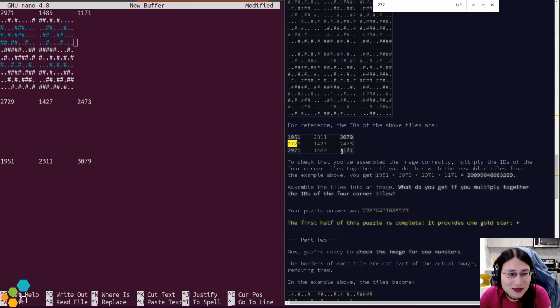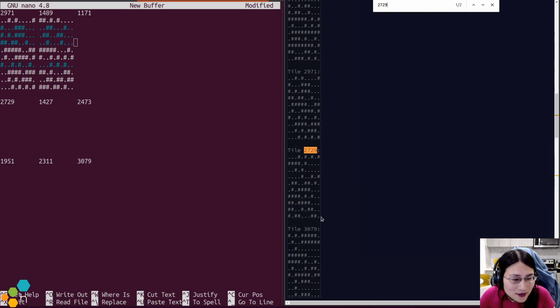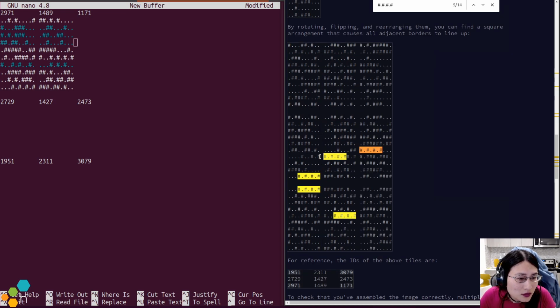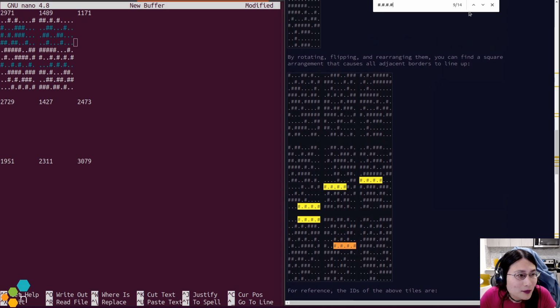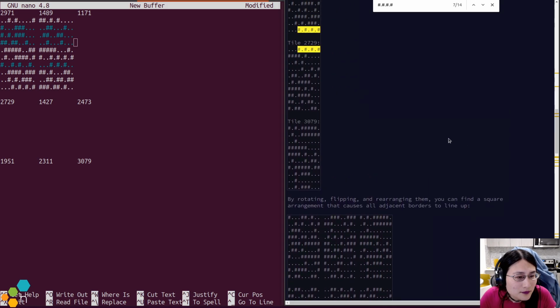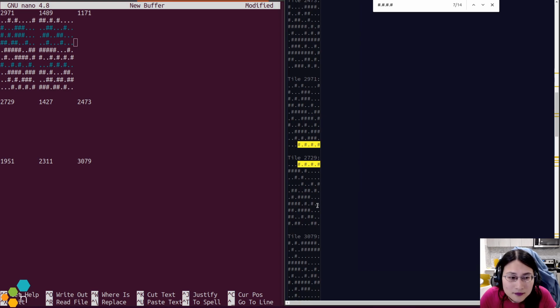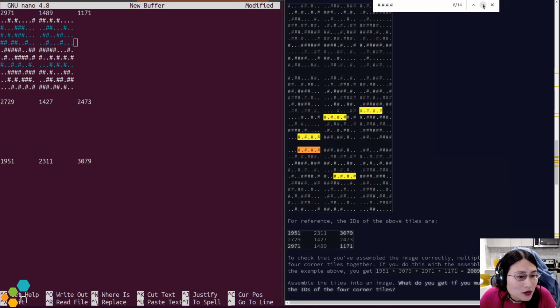So 2729, this tile here in Eric's example, yeah. 2971, 2729. Yep. Yeah. So Eric's example is just visually flipped from mine.